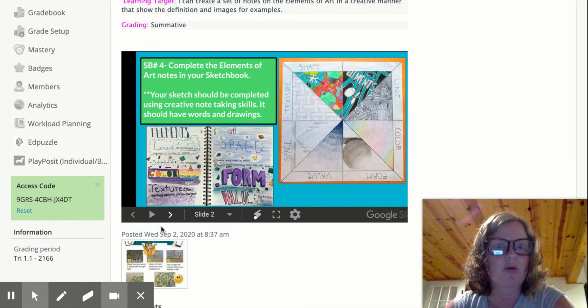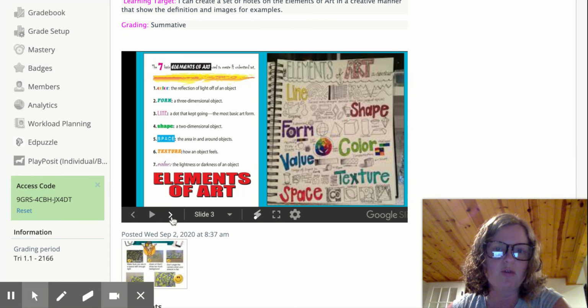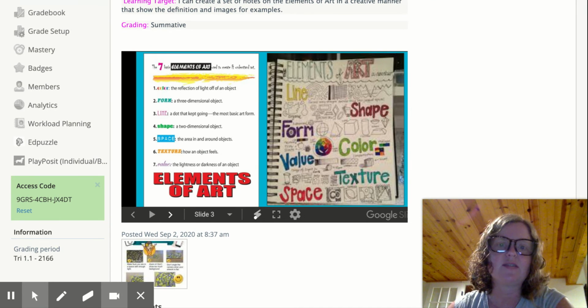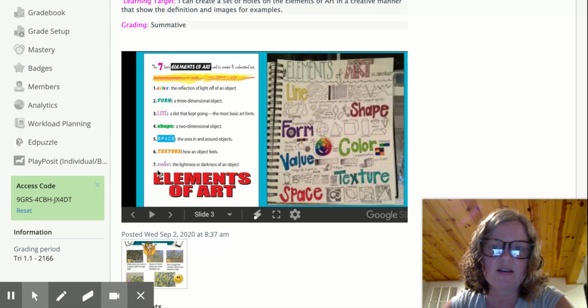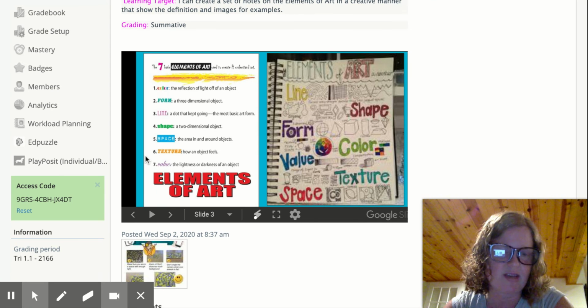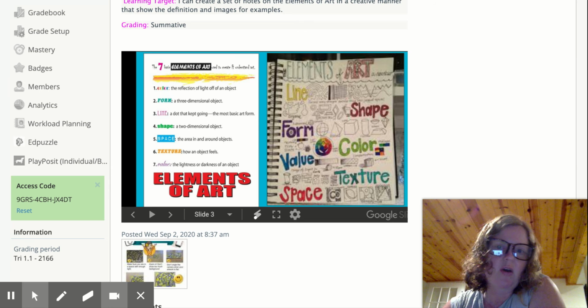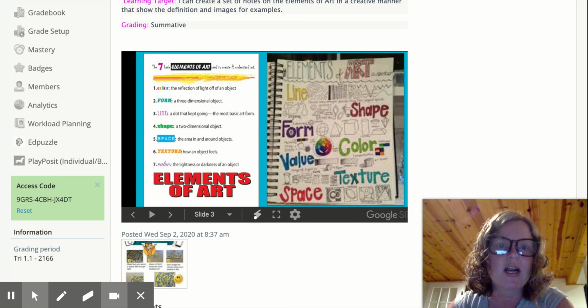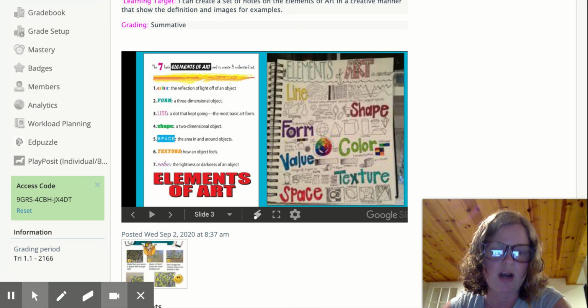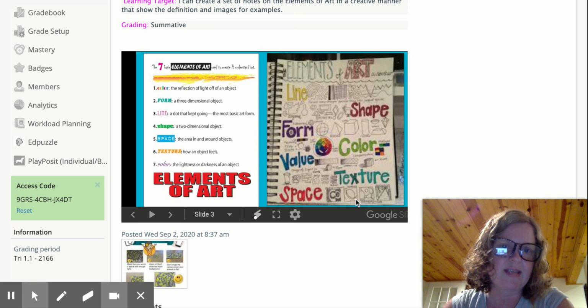And you're like, well, what are the elements? If you go through this slideshow, I have lots of ways that I show you what they are. This on the left here is literally definitions of each of the elements of art. There's no specific order. I usually start with line. Some people here start with color. No specific order. The person here on the right, this is how they did their creative note-taking with all 7